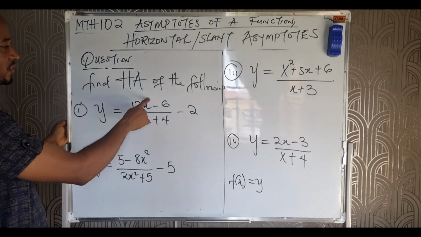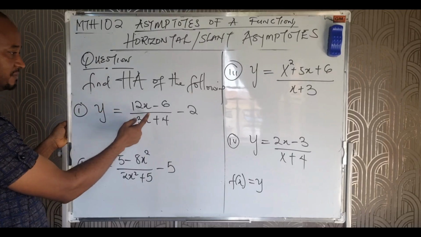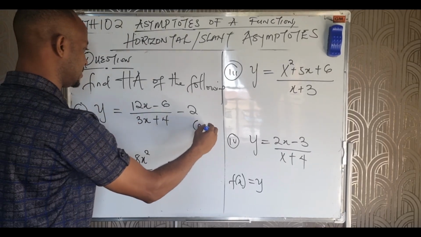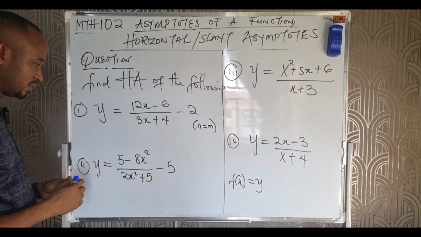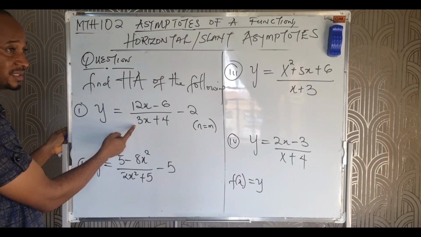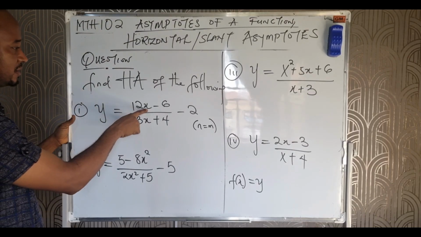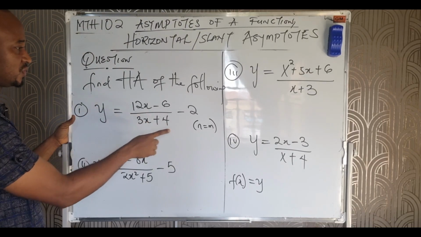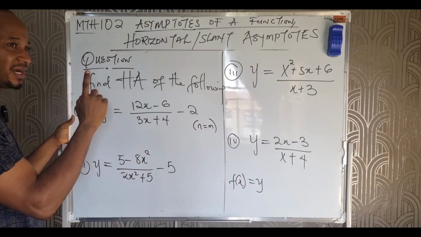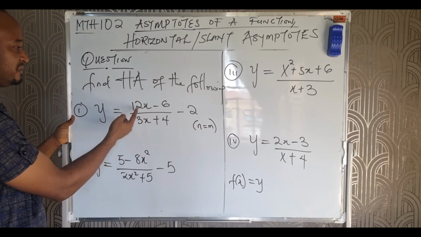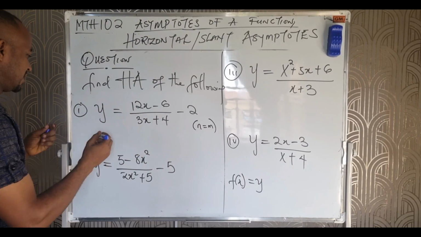The degree of the numerator and that of the denominator are the same. Since n is equal to m, what do we do? We divide 12 by 3, right? Now, the leading variable here is x. So what do we do under this condition? We divide their coefficients. Divide 12 by 3. So that means our HA